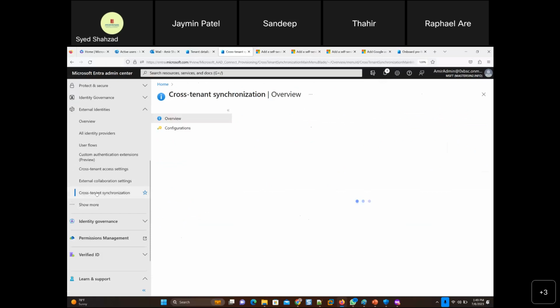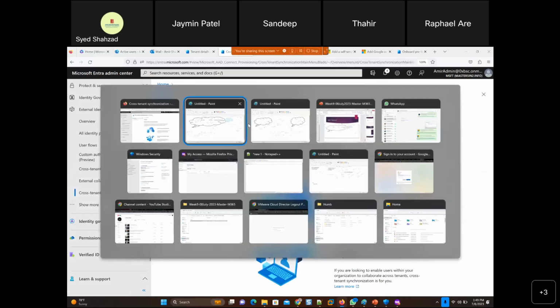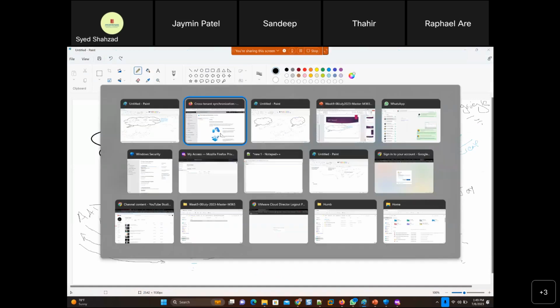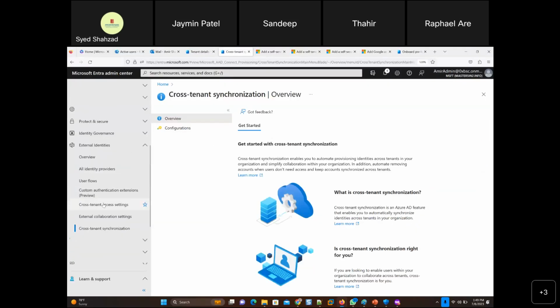So cross-tenant synchronization is possible. What we knew before is that by default they don't talk to each other, but maybe you want them to at least sync some user information. So that is possible as well through cross-tenant synchronization.